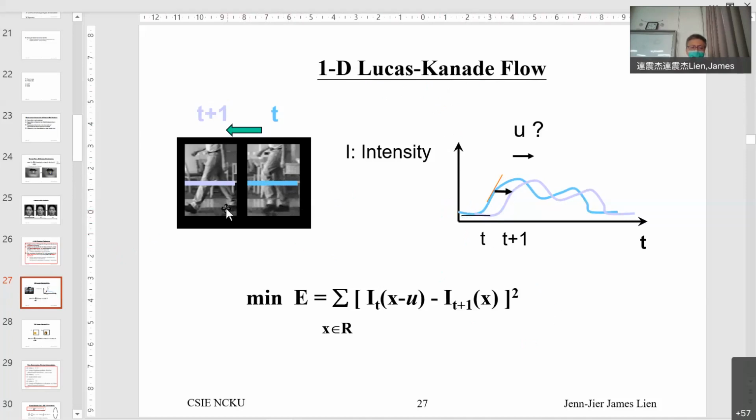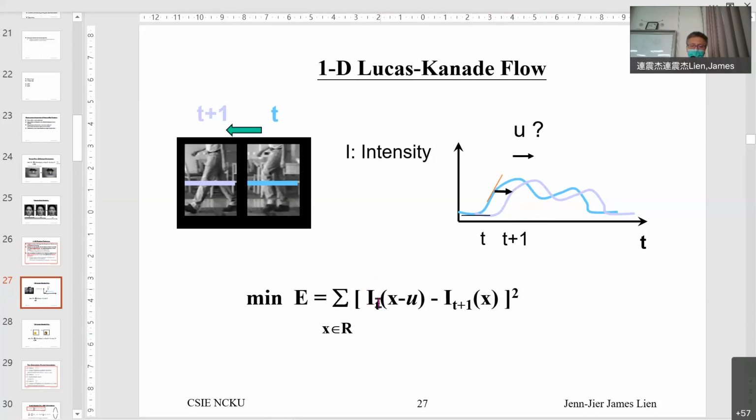Okay. In the t plus 1, in the same line, the gray value is here. So the purpose of optical flow is that you will find, they will track from here, track to here. So this is the flow, the move, the displacement. And how can we, so in mathematics,